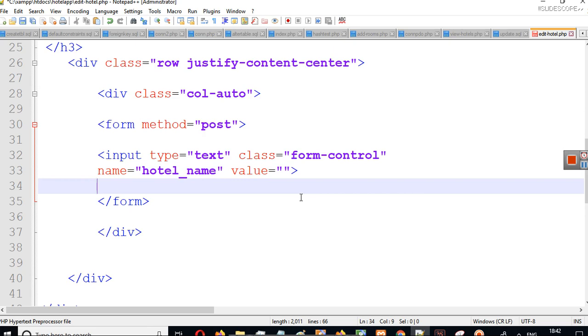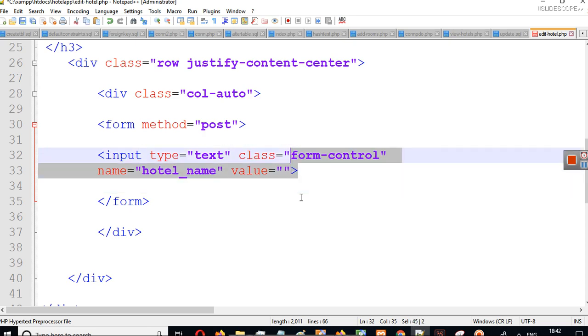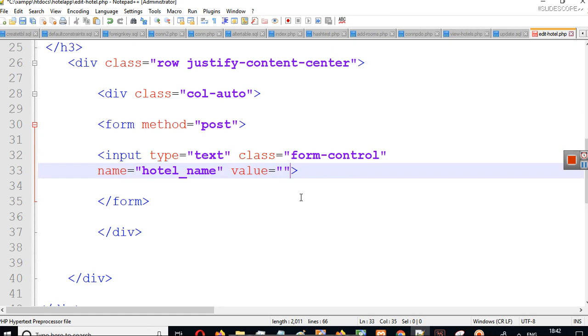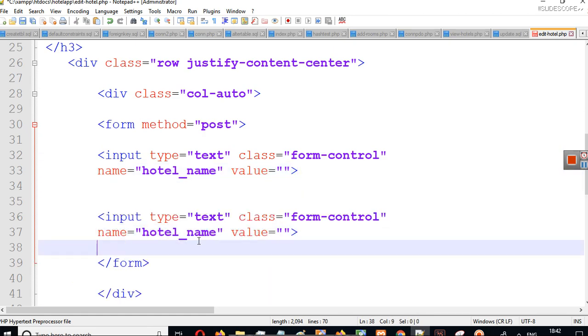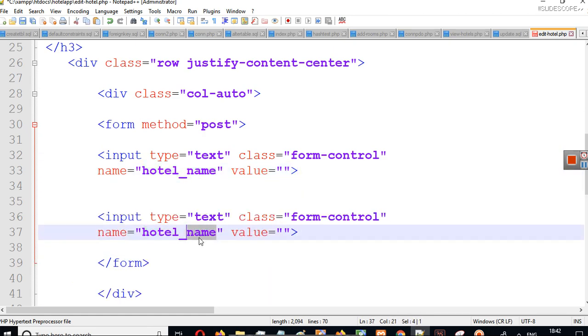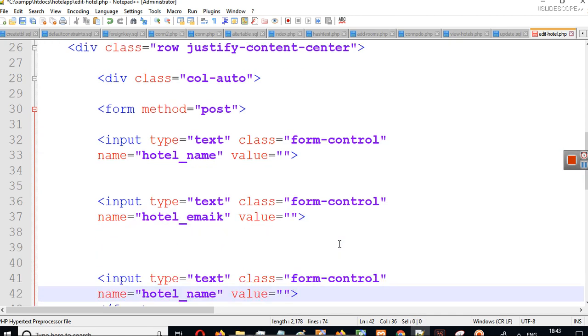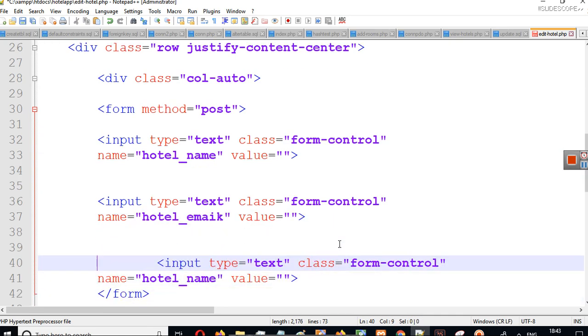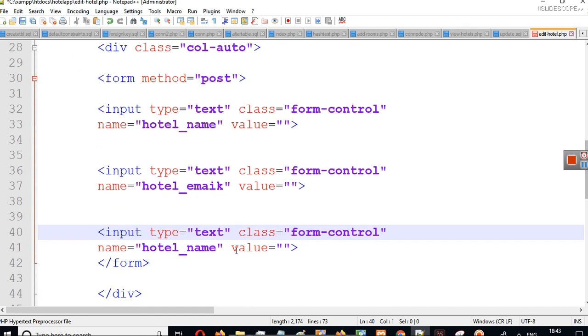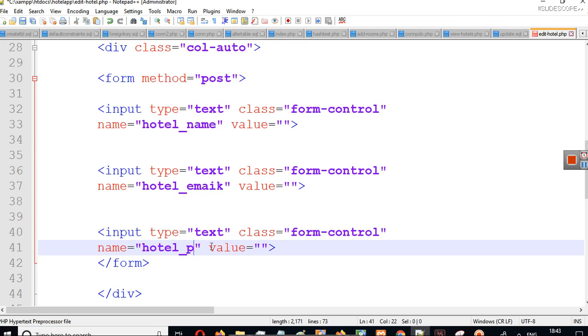Now similarly, I will copy this, and create a similar thing for hotel email, and then I will create it for hotel phone also, hotel underscore phone.